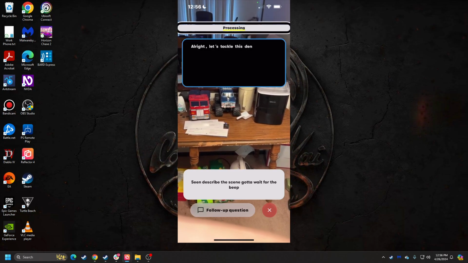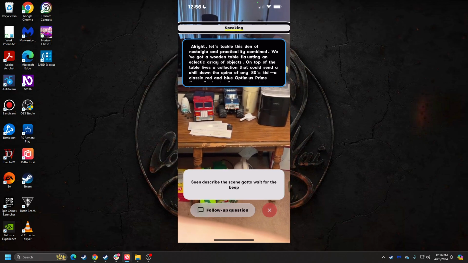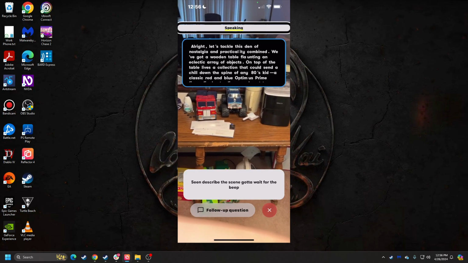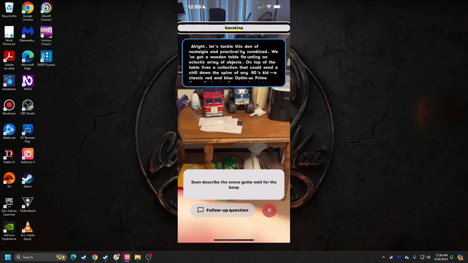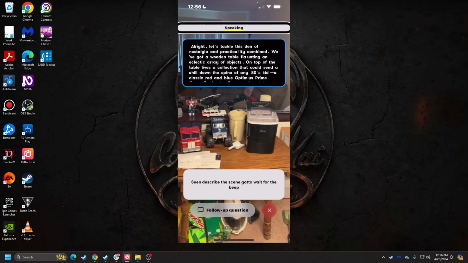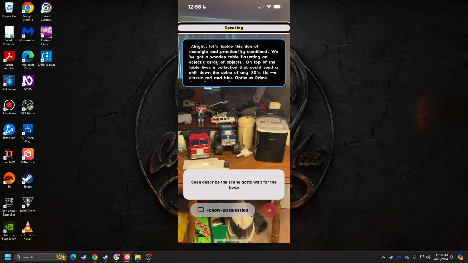Alright, let's tackle this den of nostalgia and practicality combined. We've got a wooden table flaunting an eclectic array of objects. On top of the table lives a collection that could send a chill down the spine of any 80s kid. A classic red and blue Optimus Prime figure firmly standing guard next to some